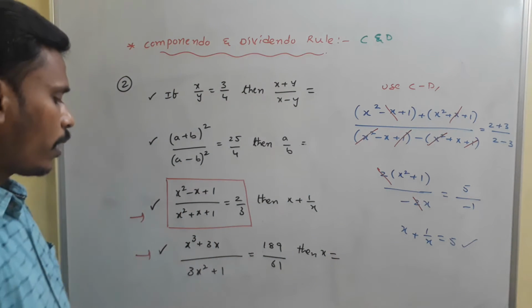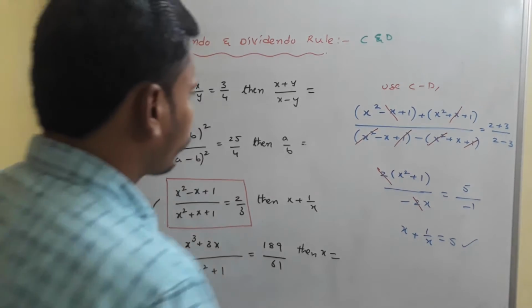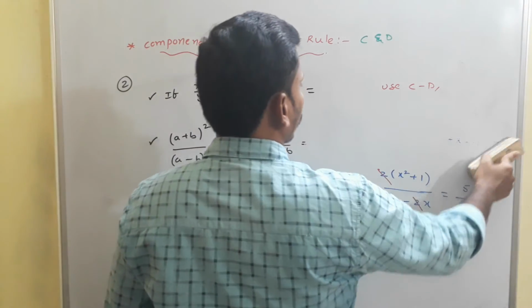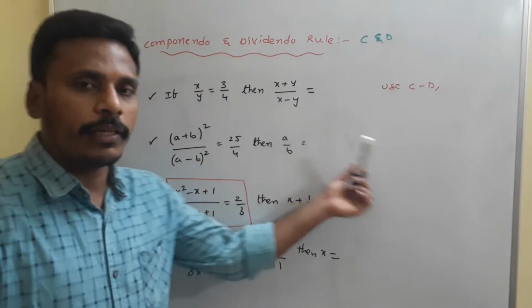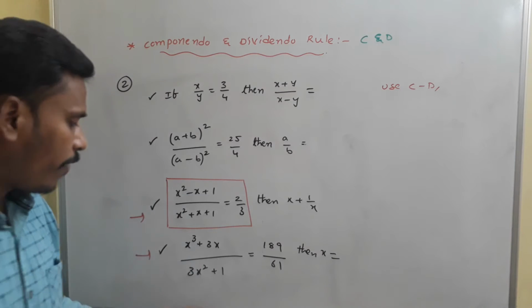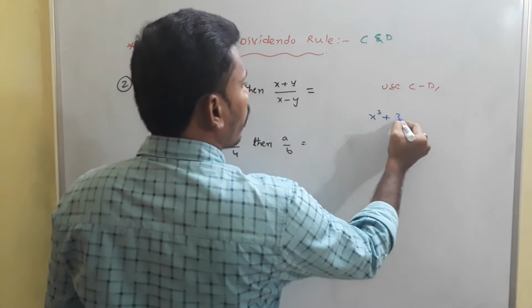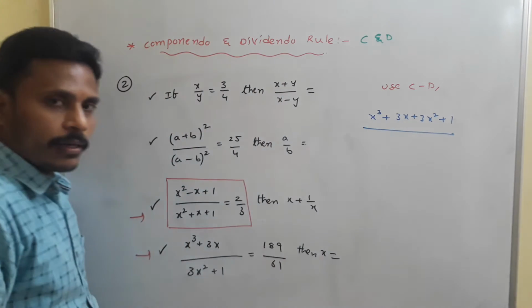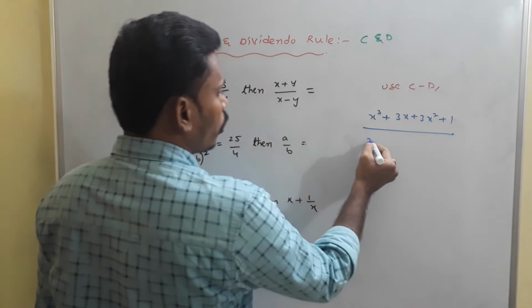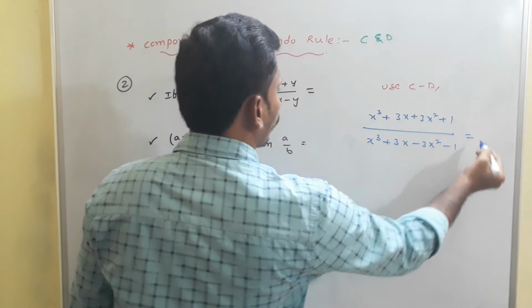Just have a look. In the same way, we can solve the fourth one also. Right, I am erasing this. You just go with the screenshot, right? Again, use the CD method to solve this fourth problem. For the left side, you take numerator plus denominator, x cube plus 3x plus 3x square plus 1. Okay, and then numerator minus denominator. Numerator is this, x cube plus 3x minus 3x square minus 1.